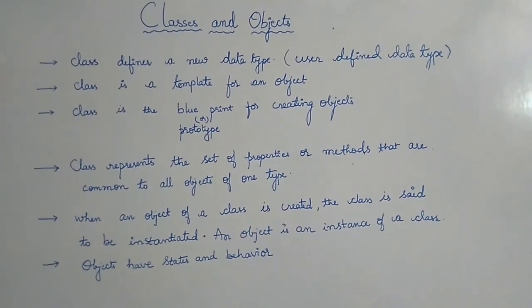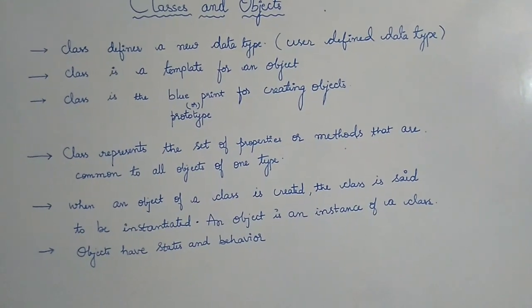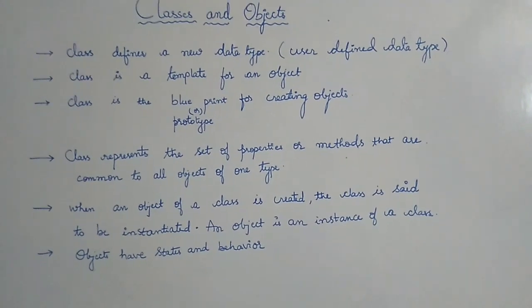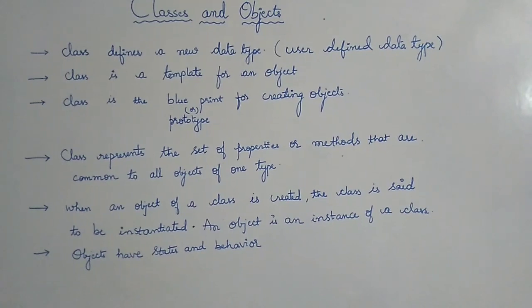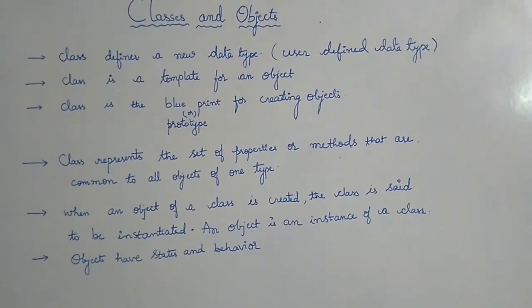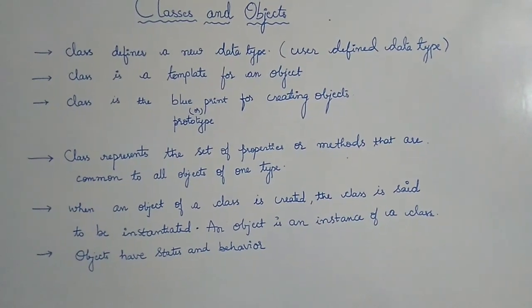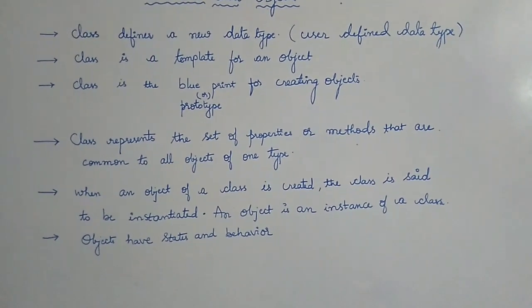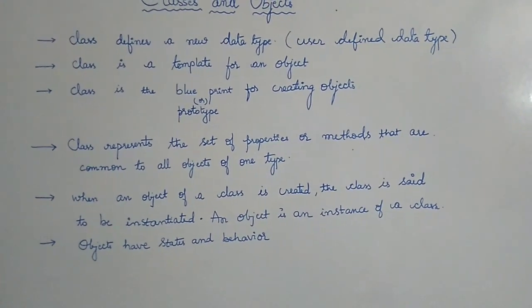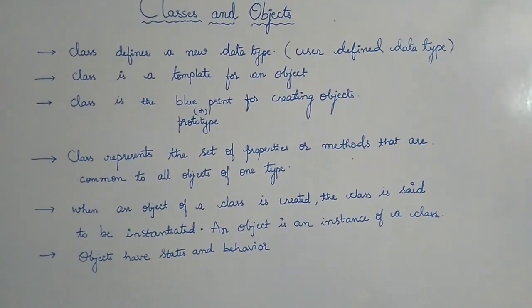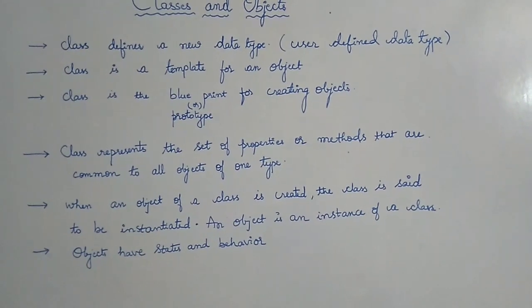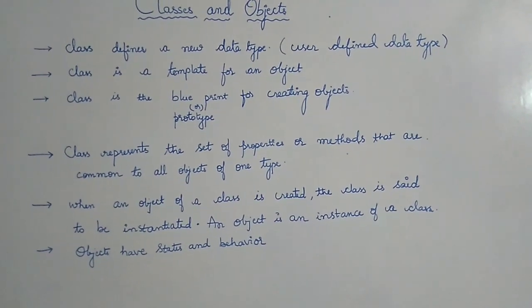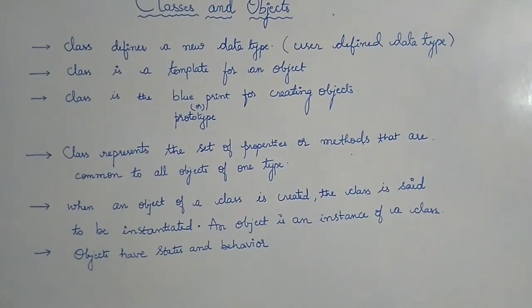What does this mean? For example, there is a human class. Every human being will have certain properties and methods. The properties are the fields like the color of the human being or the height of the human being, 2 hands, 2 legs, 1 face and 2 ears. These are all the common properties that human beings share. And also some methods, the functionalities that human beings have. Like they are able to eat, walk, run, think. So all these are common functionalities. We are talking about the common functionalities among all the objects.